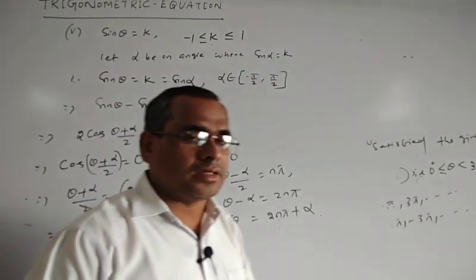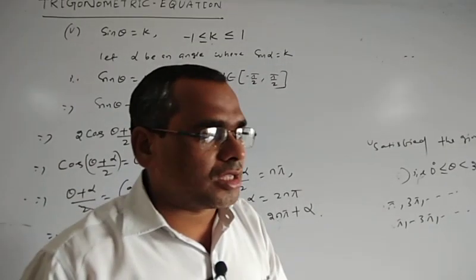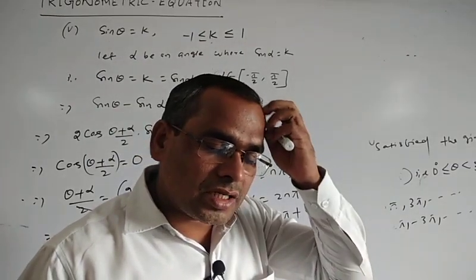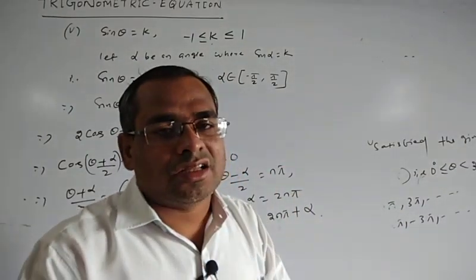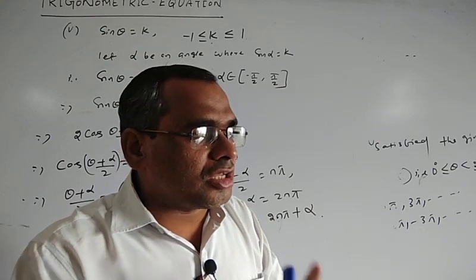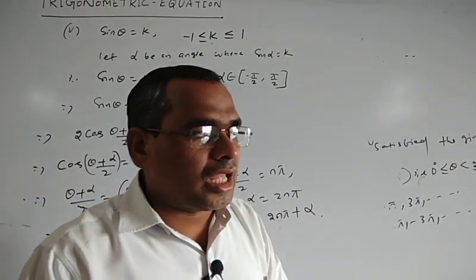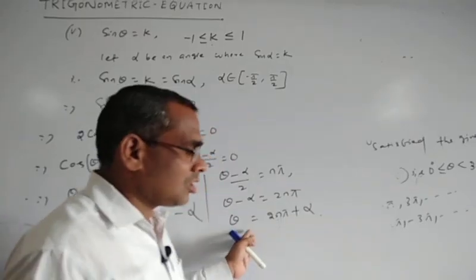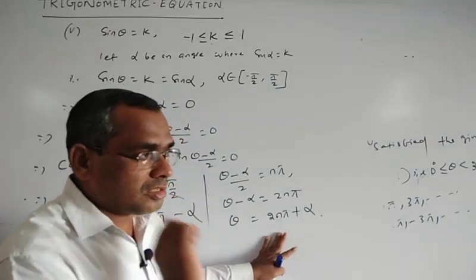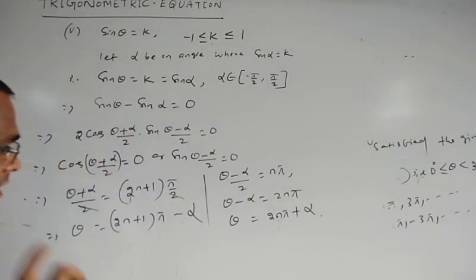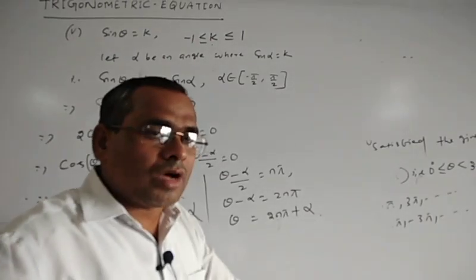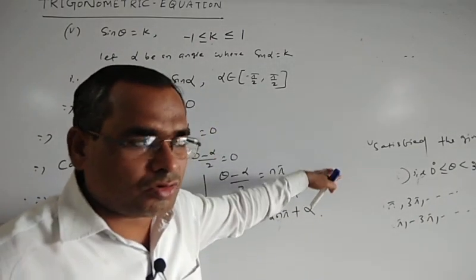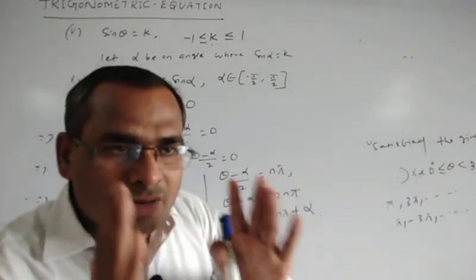Actually we find its general solution. And the general solution can be written in a formula style. So in order to get a formula, we arrange this solution in a standard form. What will be the standard form? When we are deriving a formula, the formula needs to be in a standard form.